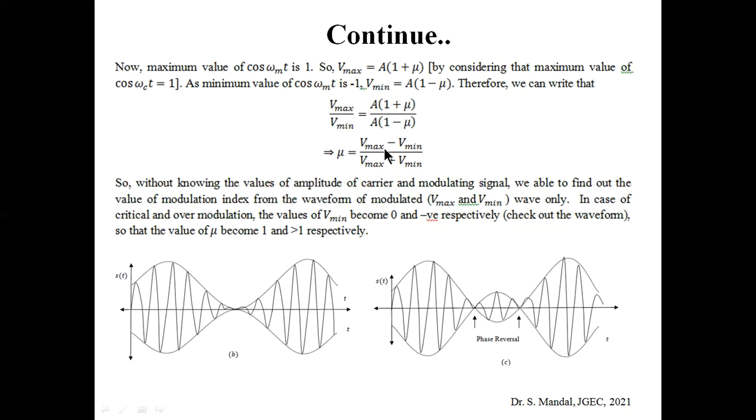That satisfies that condition. Now the second condition, over modulation, which is not desirable. In over modulation, we know that the two envelopes overlap with each other and cross the time axis. Here it crosses this axis, and this also crosses the corresponding axis. That means this is the overlap area.